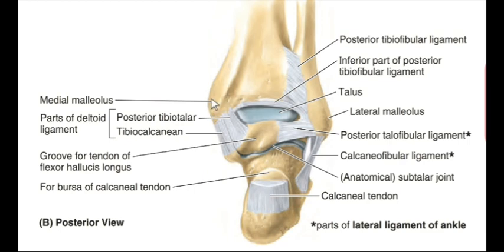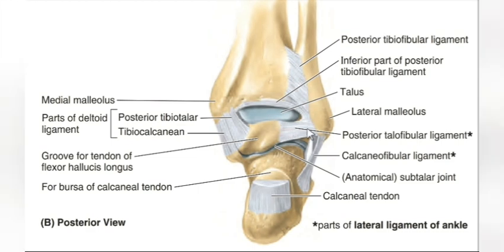This part is the medial malleolus of the tibia. This is the lateral malleolus. This bone is the talus and this one is the calcaneum or heel bone. In fact, dislocations of the ankle joint are rare because the joint is very stable due to the presence of the deep tibiofibular socket. Whenever dislocation occurs, it is accompanied by a fracture of one or more malleoli. For example, if the lateral malleolus and medial malleolus fracture, this fracture is known as Pott's fracture.